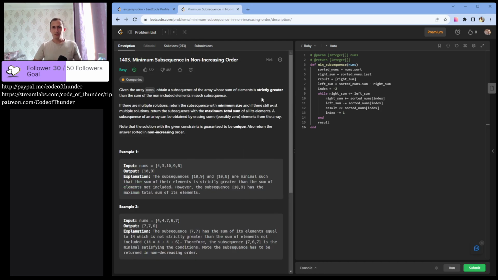So, what do we have to do here? We have an array of nums, and we want to return another array where we put elements from our original array until